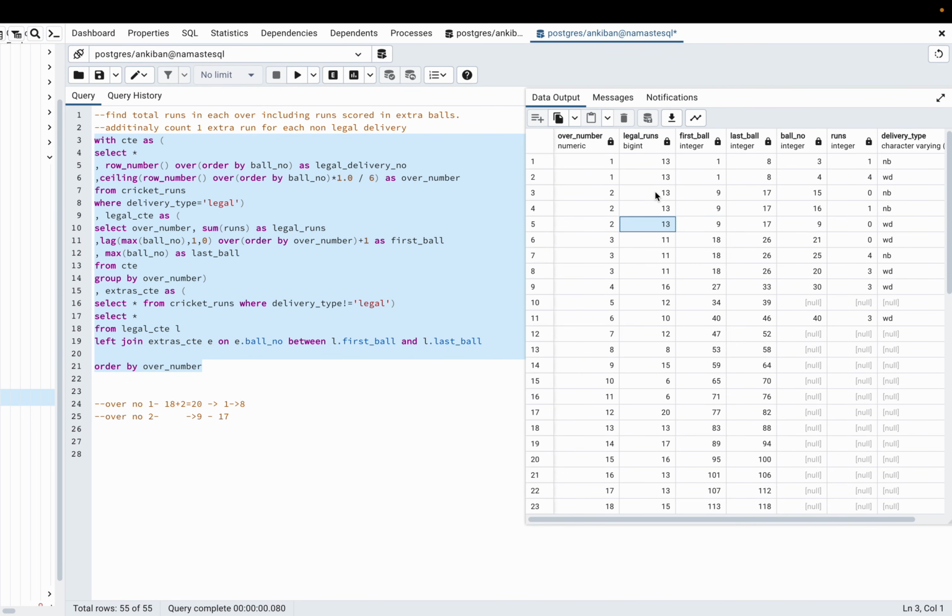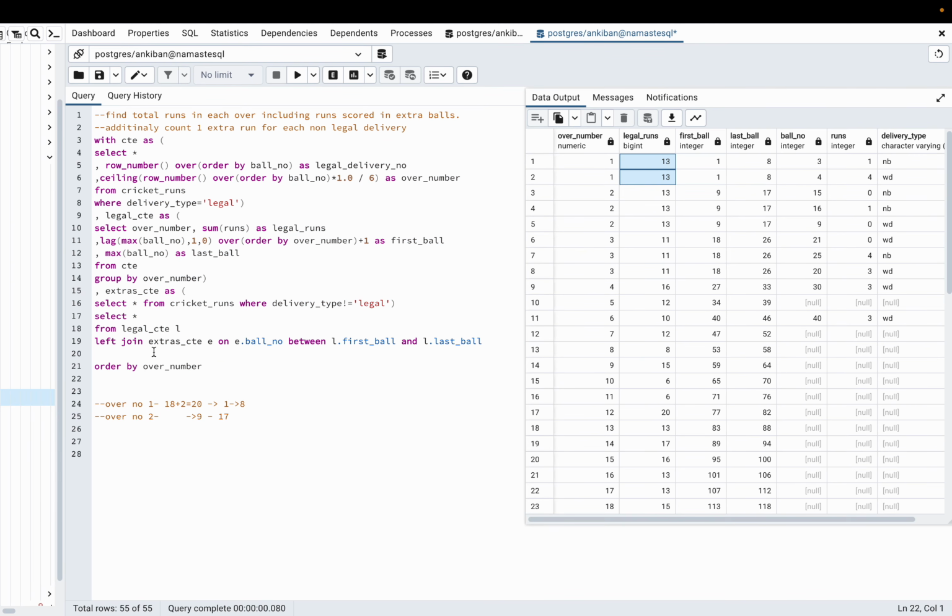Now what I have to do? I need to aggregate it, but I cannot just aggregate the legal runs, because if I sum it up, or group by over number and sum it up, it will become 26. That I don't want to do. So I will just group by on legal runs as well.